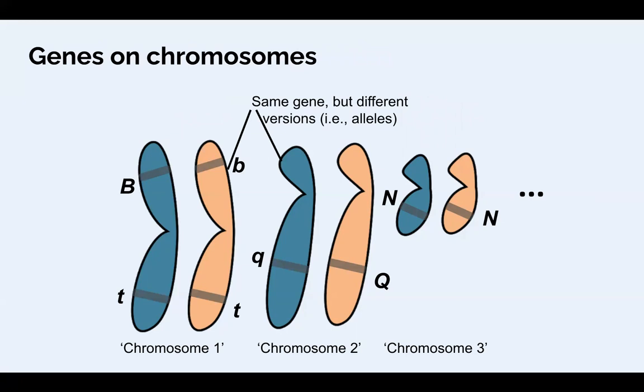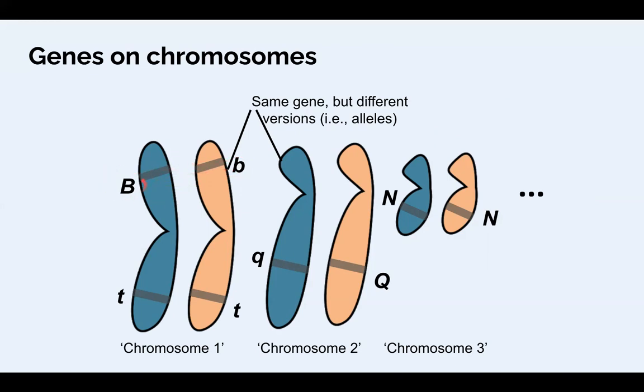Zooming into a little more detail, I mentioned the genes. So you can have genes at the same location, but one of the things we find interesting to talk about early on in genetics is that not everybody has the same versions of all of their genes. So a different version of a gene is called an allele. You've probably seen that before. And alleles are different versions of the gene, but still located at the same place on the same chromosome. So if a person has chromosome 1 with this gene address for gene B, they have 2 copies of gene B,